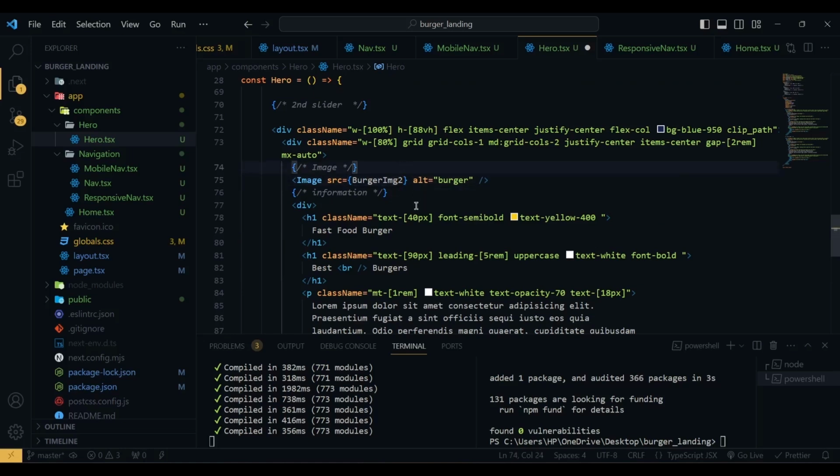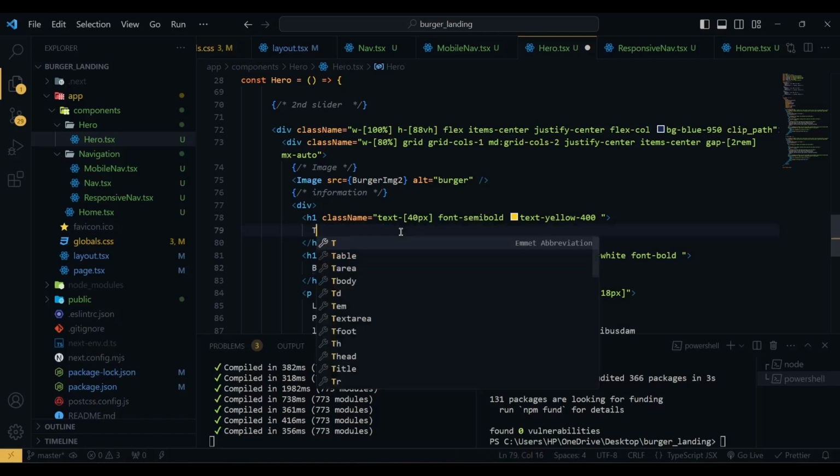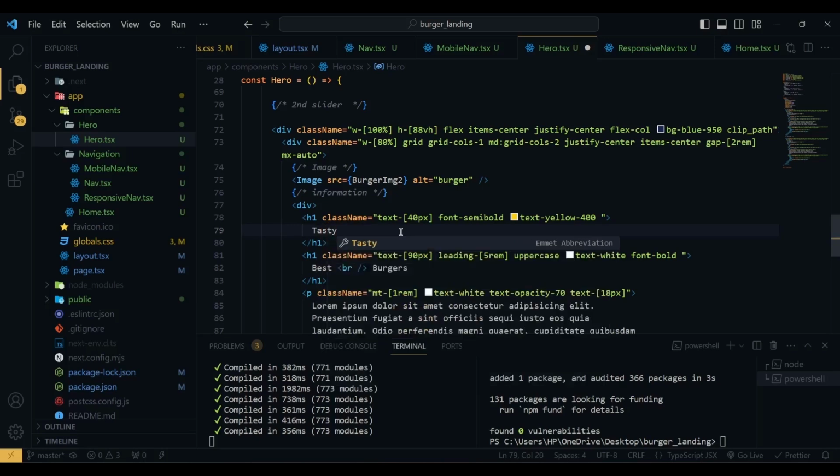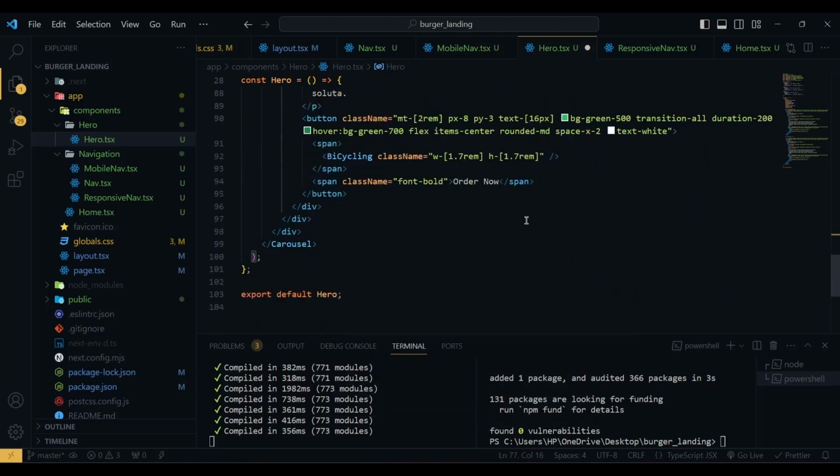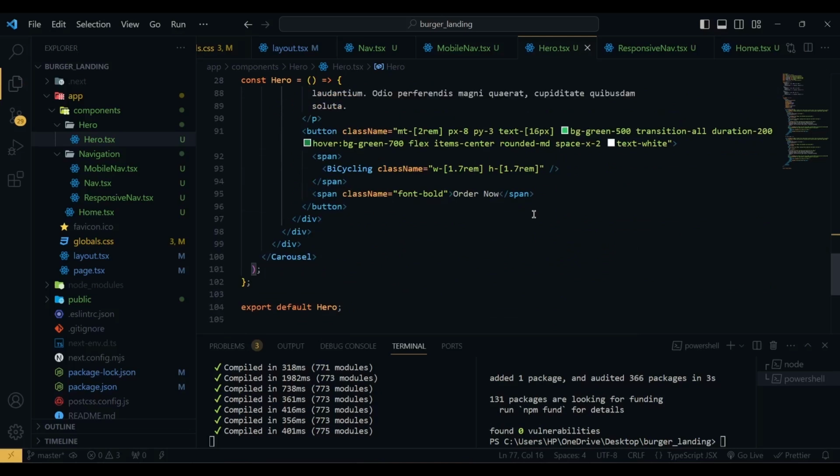So the image will be burger image 2, and here we will have tasty burger, here top burger,